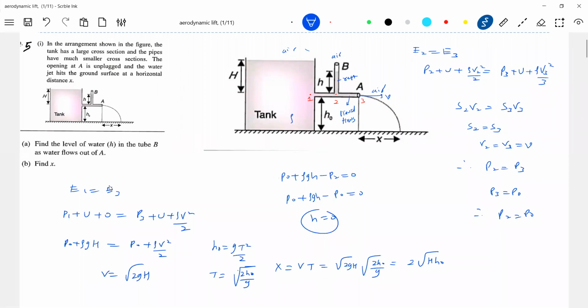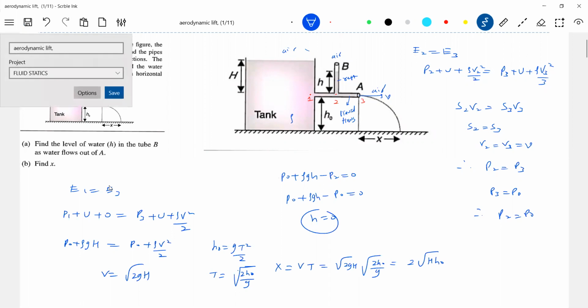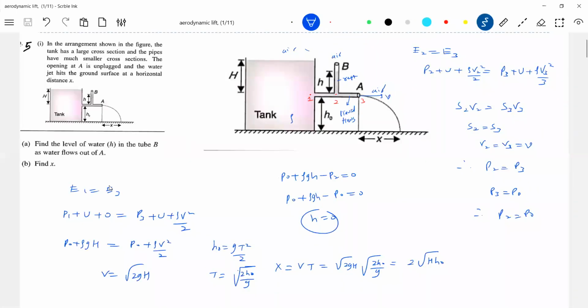Fine. See, all simple ideas, at least by this time, you should be in a position to handle this. If this vertical tube is inclined, okay, no problem. Then the pressure depends only on the height, no? Not on the length of the liquid column. Pressure depends only on the depth. Calculate the depth. So we should come sequentially. You should not apply between 1 and 2. The liquid is exposed. So between 1 and 3, you should apply.